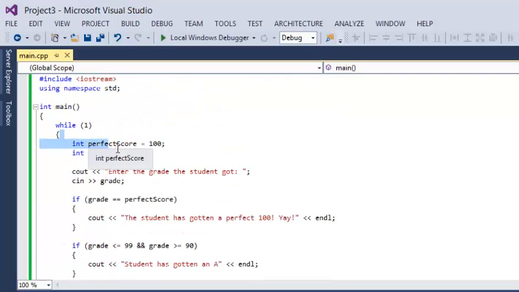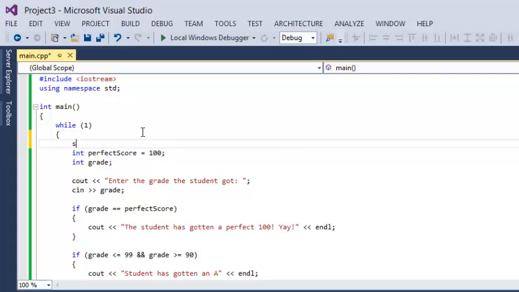Then we need to go back up here. We actually need to declare a system CLS so that it clears the screen and it looks nice. So now if we go ahead and run this,